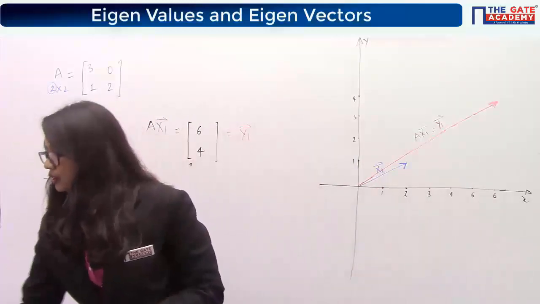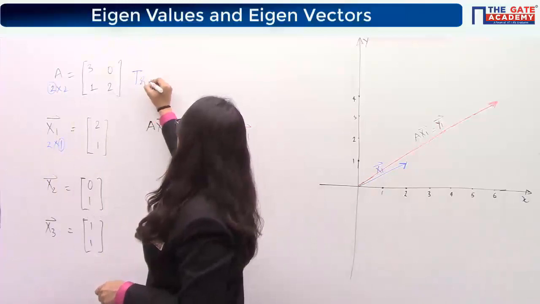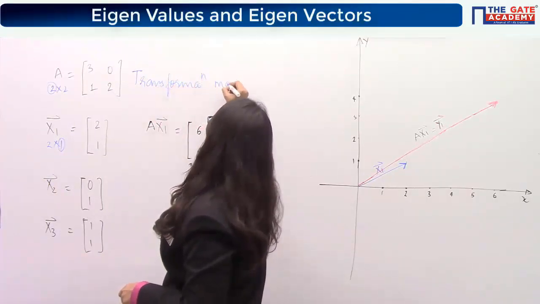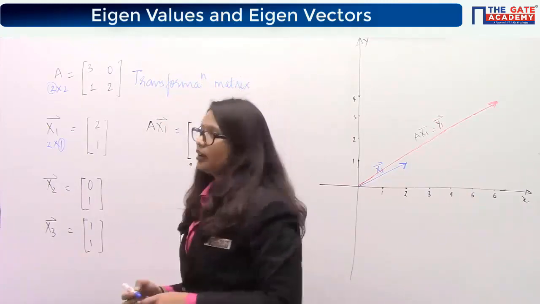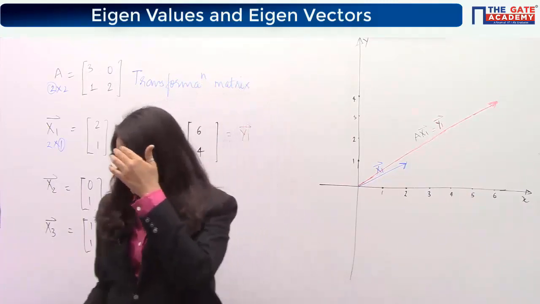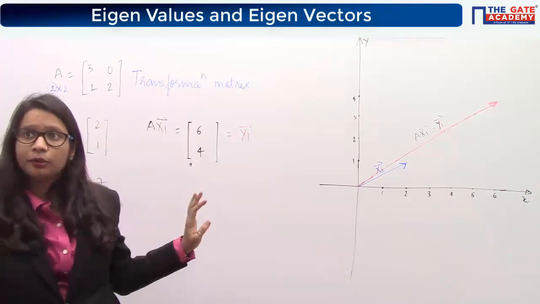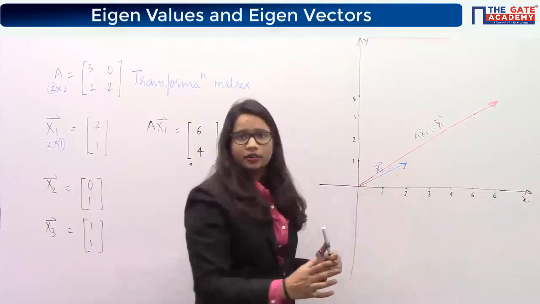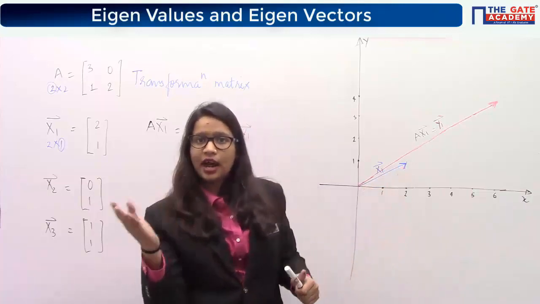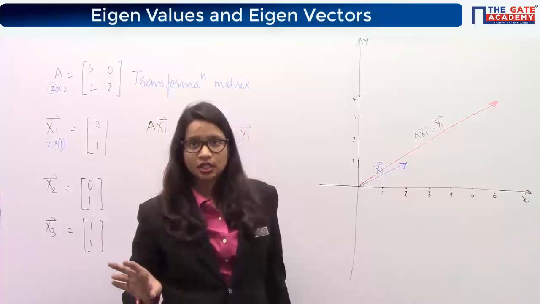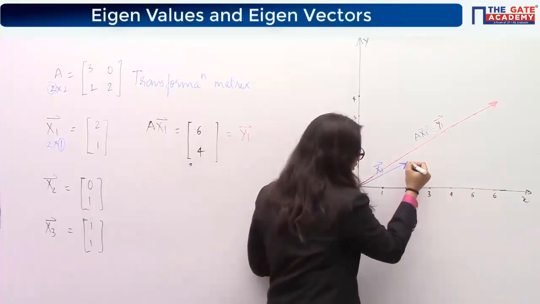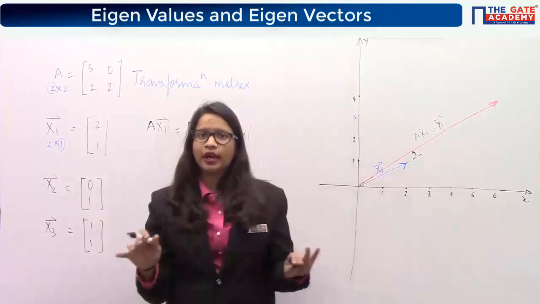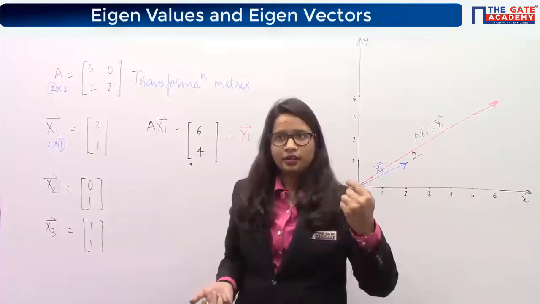Okay. So what is this matrix known as? It is known as the transformation matrix, because it is transforming one vector into some another vector. Yes. This process is known as linear transformation. Are you able to get this? Okay. What transformation has occurred? Its length has changed, and its direction also has changed. The vector has been rotated with some angle. So direction and magnitude both have changed, means the vector has been transformed.